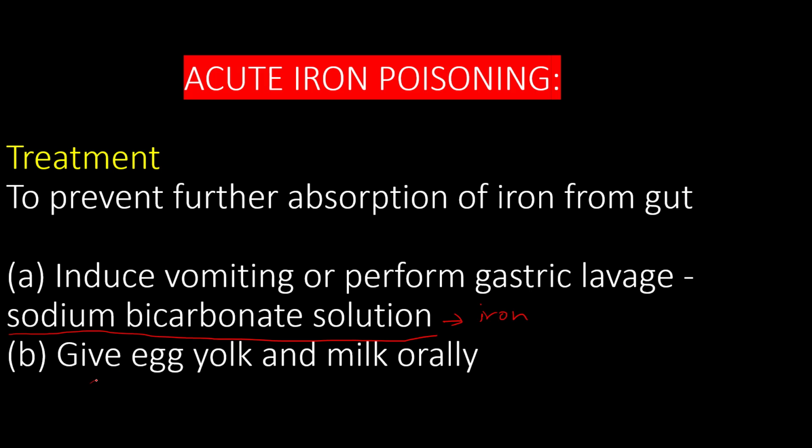And next, we have to give egg yolk and milk. We mix this egg yolk into milk and give that orally. So this iron will get complexed and it won't be absorbed in the body. That's the reason we have to give this egg yolk